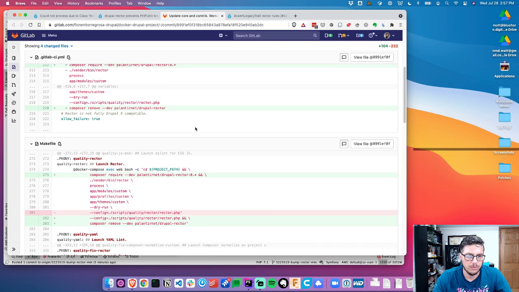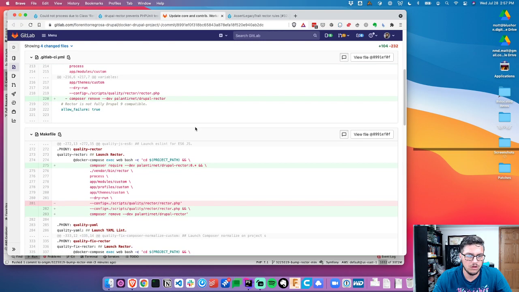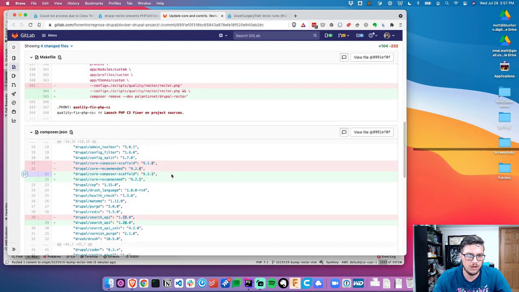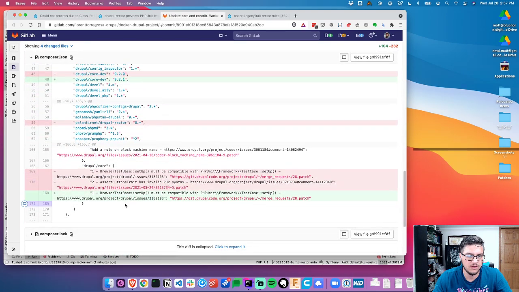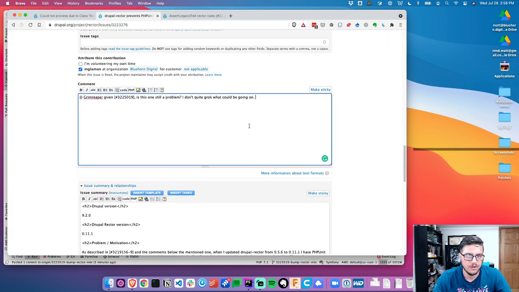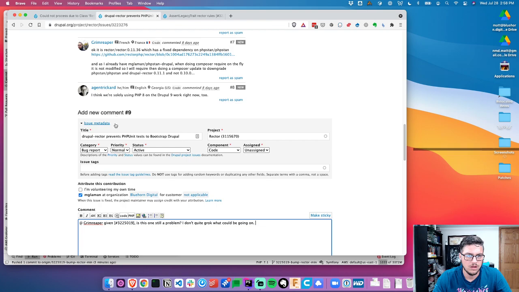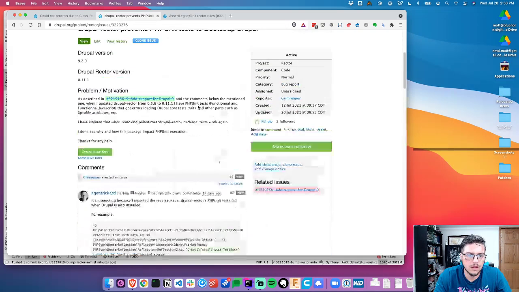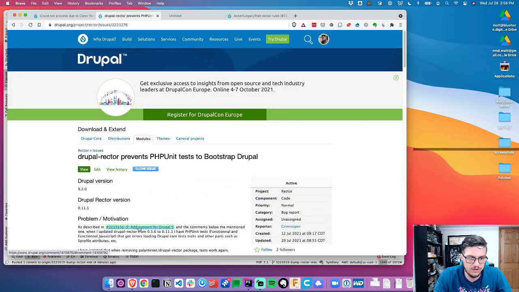Copies rector. Moves because he's updating it. So bumps that. We test Drupal 9 with PHP 7.4 and PHP 8. Let's go to this original issue and see if I can figure out